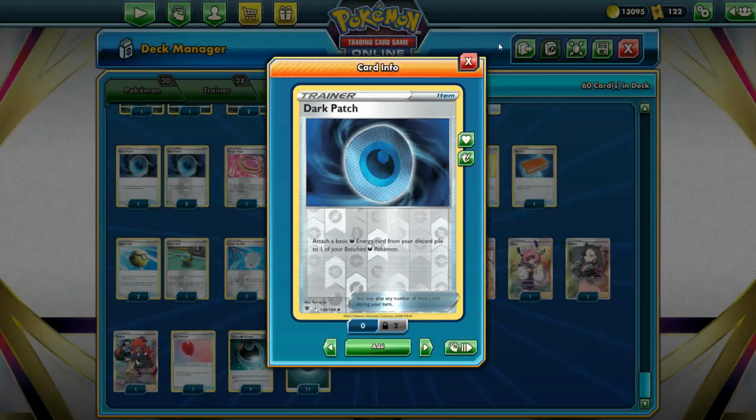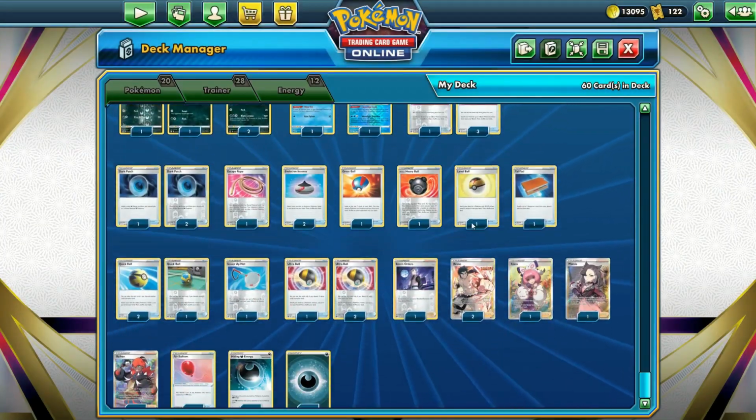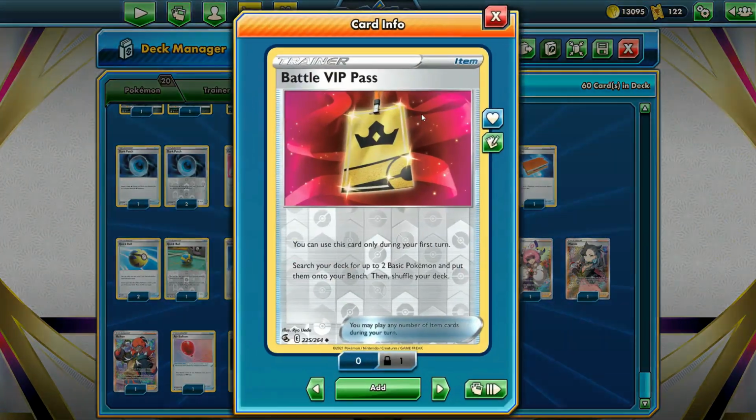For the draw support, we're playing 2 Bibarels, 1 Radiant Greninja, 2 Bruno, and 1 Marnie. We also have 1 Clara to retrieve our Pokemon energies, 1 Pal Pad to shuffle back our supporters, 1 Boss's Order, and 1 Manaphy. To summon our basic Pokemon, we have 4 VIP Pass, 3 Quick Ball, 1 Level Ball,